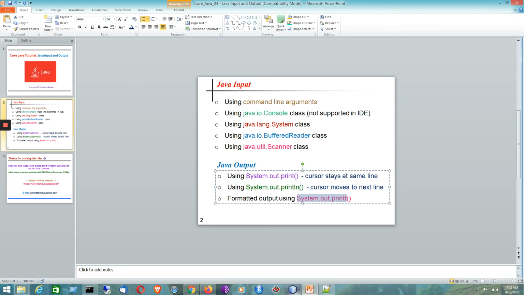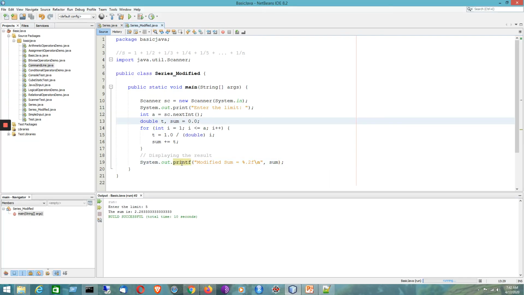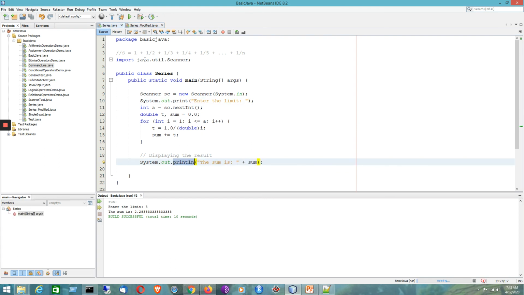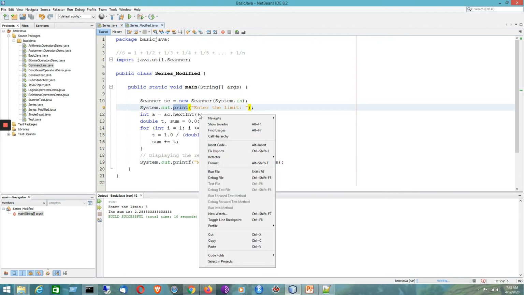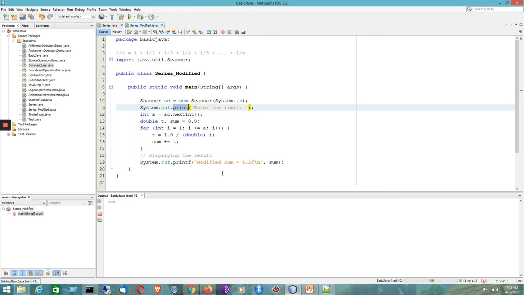Now we are going for formatted output. If I use print, as opposed to println which you have already seen in the previous program, after displaying the output the cursor will stay on the same line. That is the difference between print and println. I'll be giving the same input here and pressing enter.